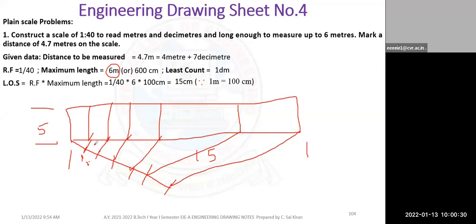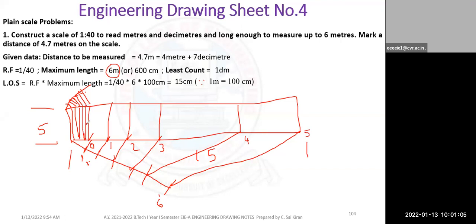Next step is here you have to mark it as 0. First mark is 0, then mark 1, 2, 3, 4, and 5. The total will be 6 because you divided till 6 dash. First one you mark as 0, then 1, 2, 3, 4, 5. And next step is here you have to again divide into 10 equal parts, join this one, and again draw this vertical line.